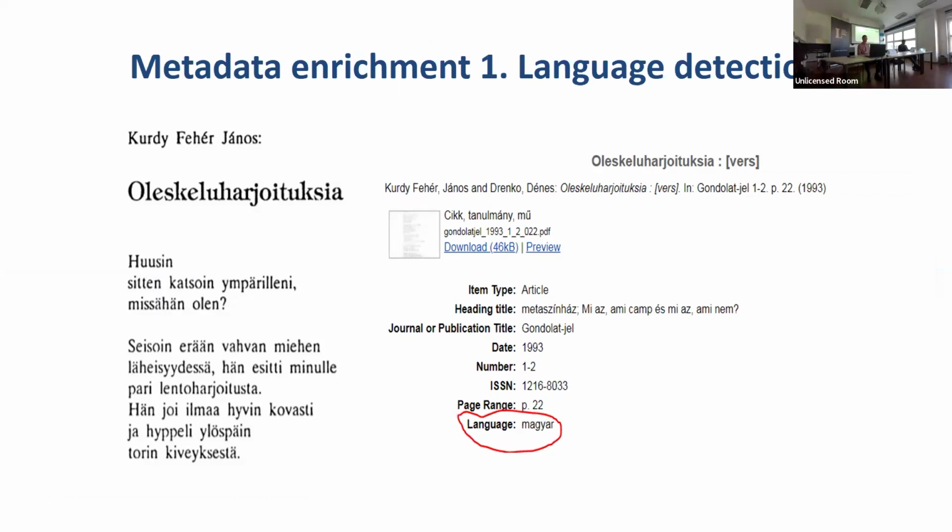It's highly useful when you deal with, for example, library catalogs. We have seen during this workshop that metadata in catalogs are often dirty and noisy. For example, this is an example from our library catalog. And this poem is recorded as a Hungarian poem in the catalog, and our Finnish friends can immediately see that it was not written in Hungarian at all. So you can basically correct metadata with the help of textual analysis.